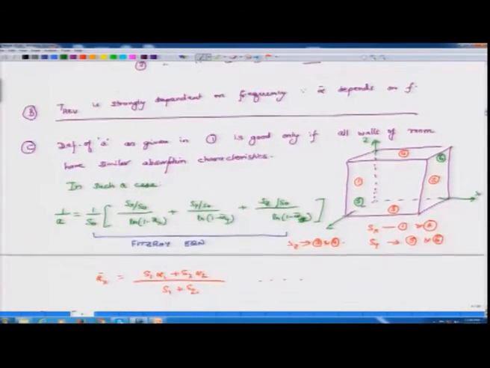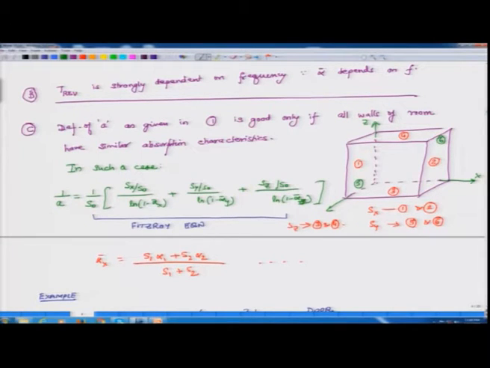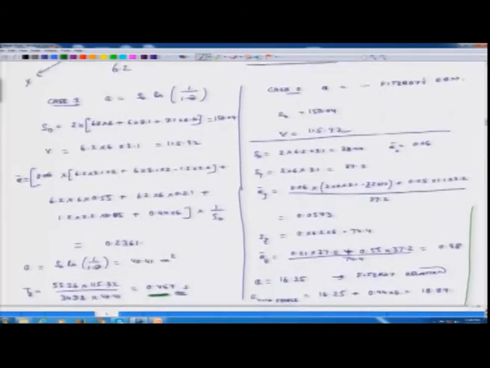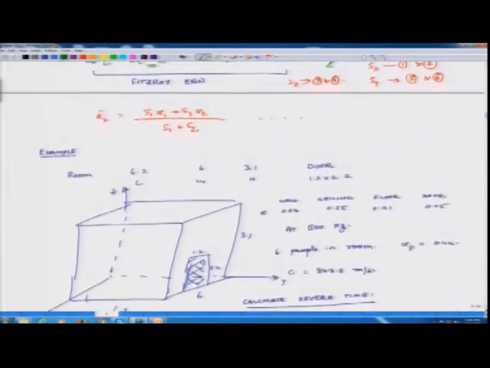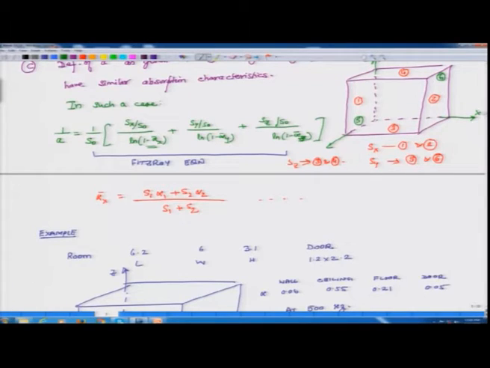So, I have computed my A based on this relation, Fitzroy's equation, and we see that the inverse of A depends on Sx, S naught and all these things, right, alpha x bar, alpha y bar, and what we are seeing is that alpha x bar and alpha z bar, we have calculated it. This is alpha x bar, this is alpha y bar and this is alpha z bar. So, alpha z bar is reasonably large.